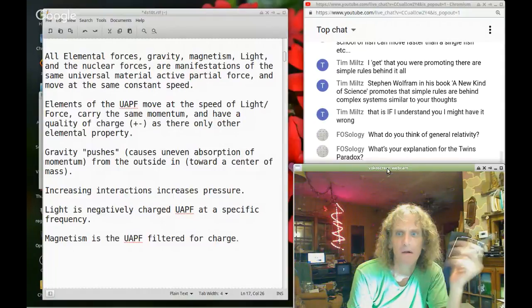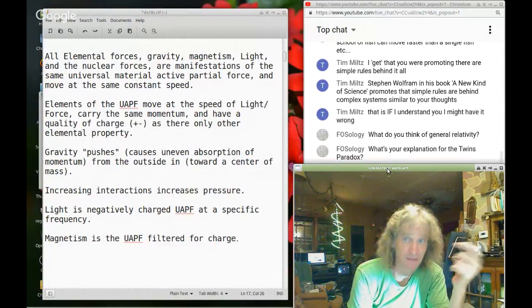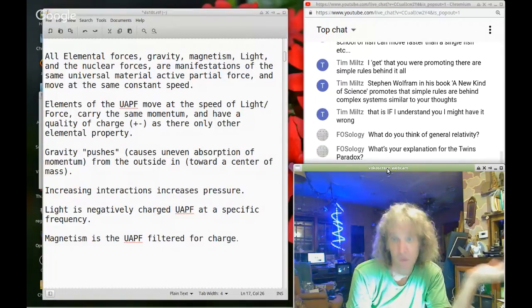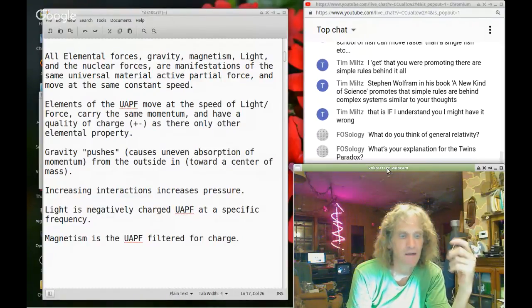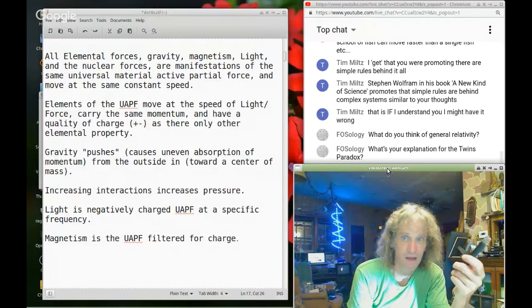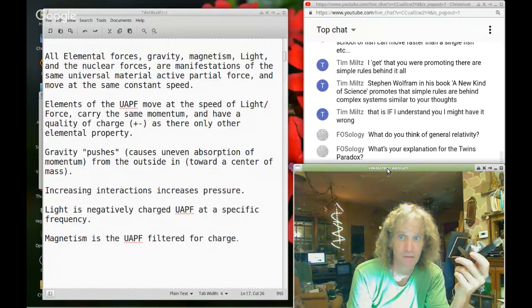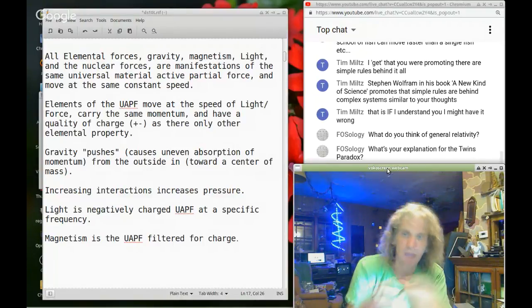Well, I've clearly pointed out what I think of general relativity. I think it's just absolute horseshit. Erasing a 2 and putting a 4 is horseshit. Pretending that light can do anything but move in straight lines at a constant speed, regardless of what frame it's in, is stupid. Light doesn't move forward.